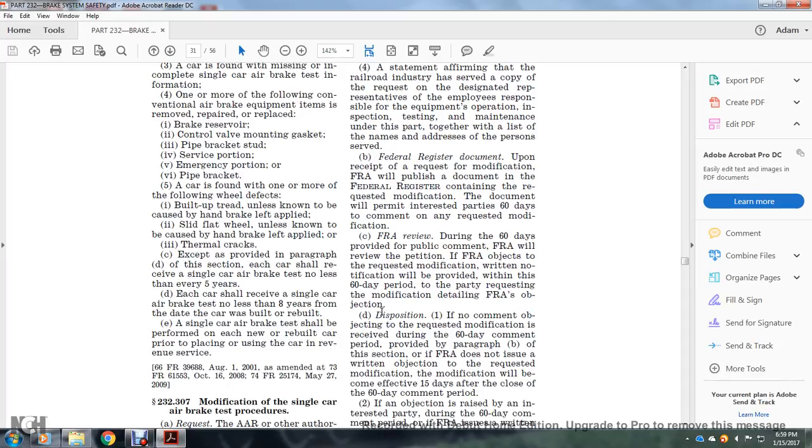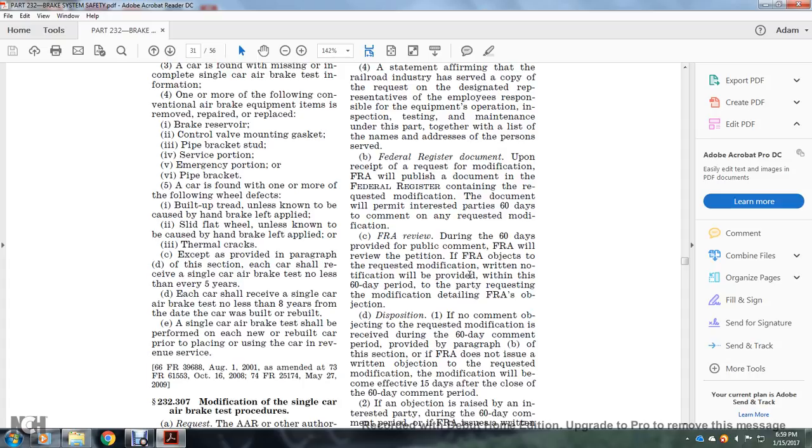Upon receipt of the request for modification, the FRA will publish a document in the Federal Register containing the requested modification. The document will permit interested parties 60 days to comment on any requested modification. The FRA will review the petition during the 60 days provided for public comment. If the FRA objects to the requested modification,